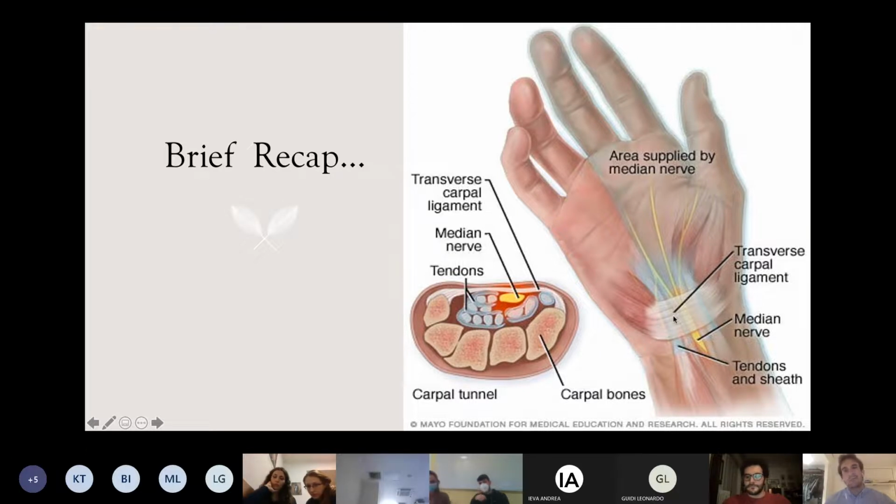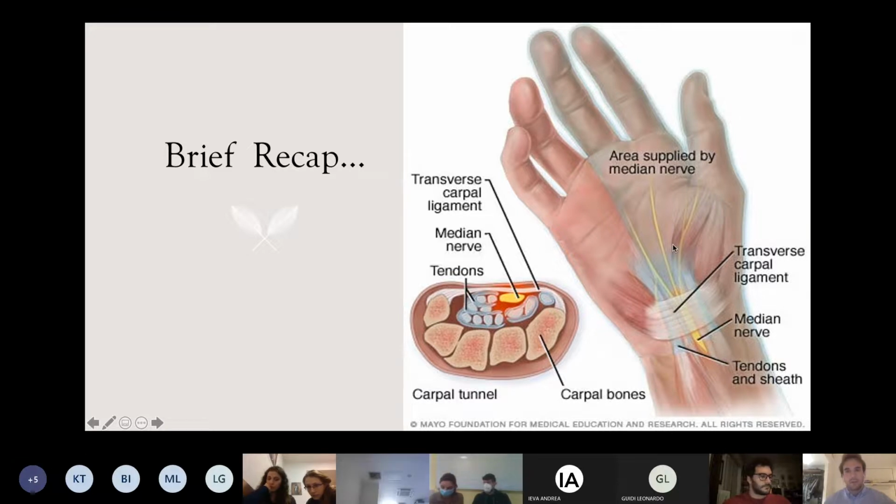Okay, the typical signs and symptoms of this condition are the tingling sensation at the level of the hand on the area supplied by the median nerve. So the first finger, the second and the third finger, at the level, palmar fingers. It can also present with burning sensation. And typically, if this condition is not treated early on, it will cause atrophy of the thenar muscles